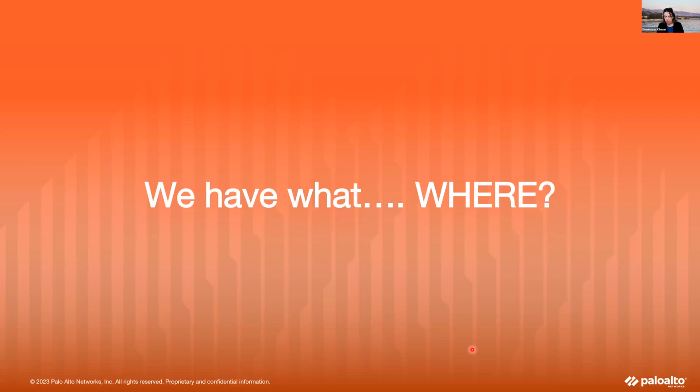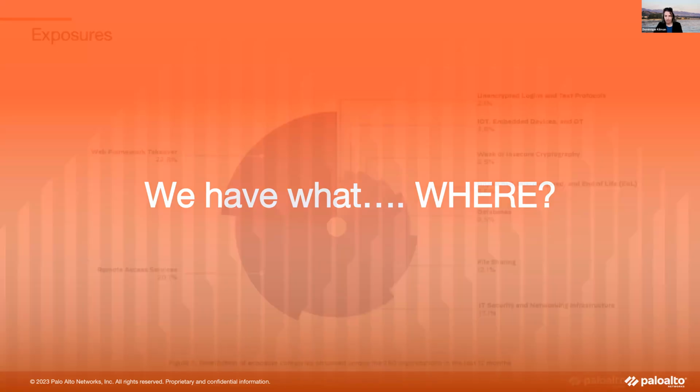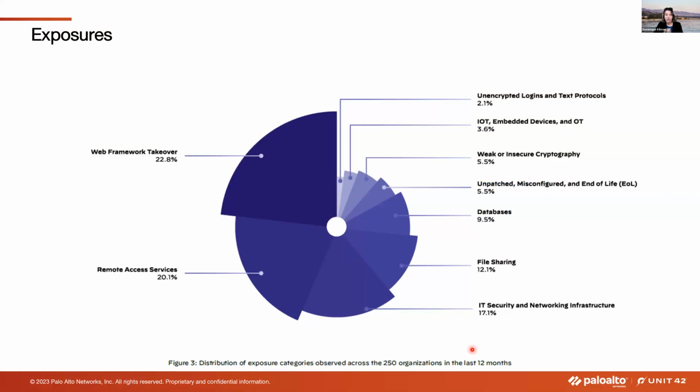The report is available on the Unit 42 Palo Alto Networks website. You can always go get that report. There's a summary of the report as well. And then you'll be able to see these slides that have different excerpts from that particular report. So really, we're going to go down the path of what do we have and where is it? So looking at what we have,